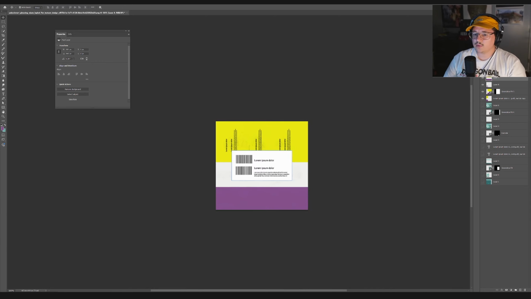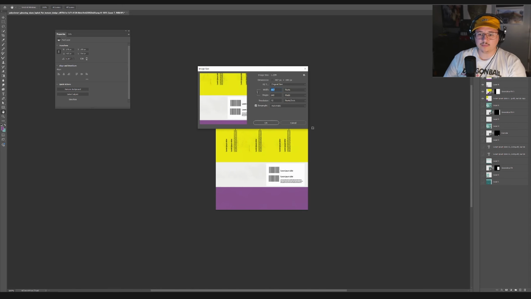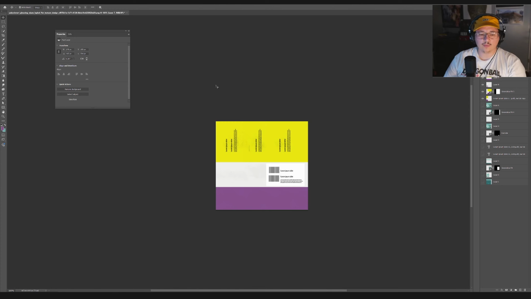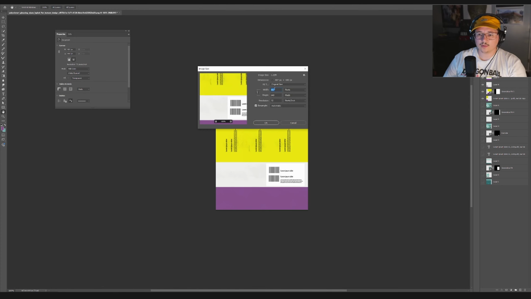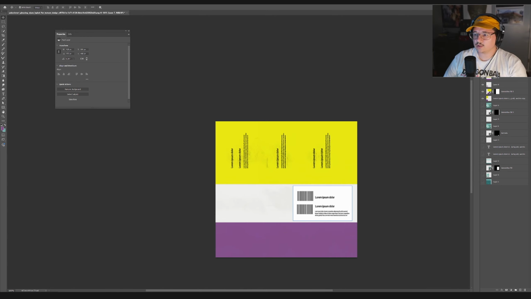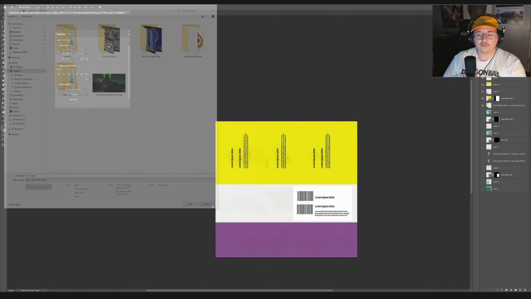All right, so let's keep that and let's take our barcode and put it in the middle of this white part, and then we'll just isolate that. I don't think this is big. Yeah, it's pretty low poly. I might upscale it just a little bit, and then I'll apply a sharpen to it. All right, so let's save this. Before I do that, let me make a